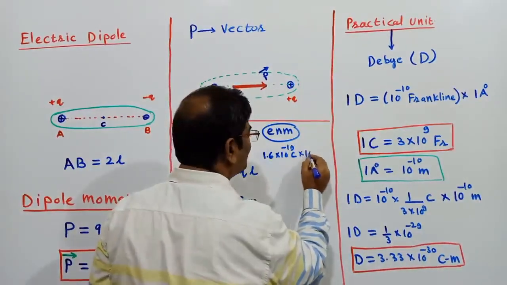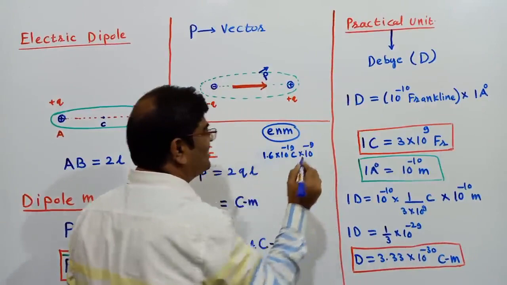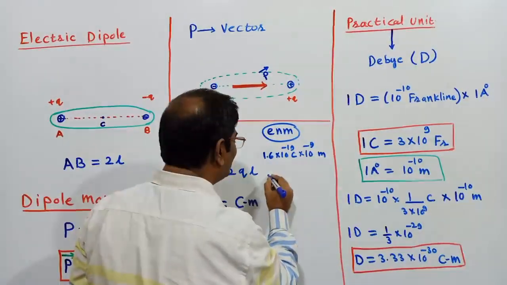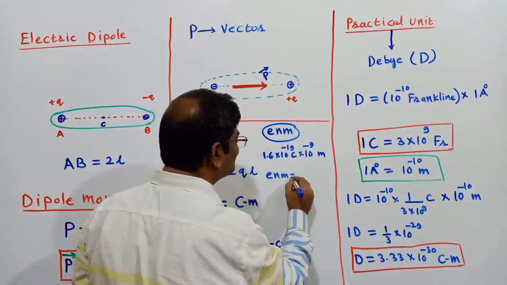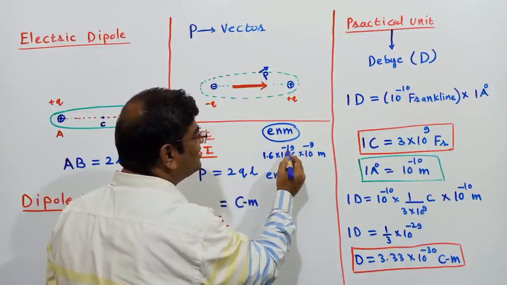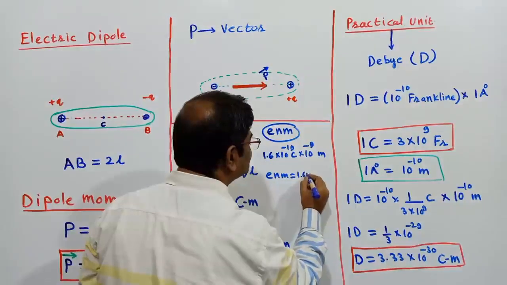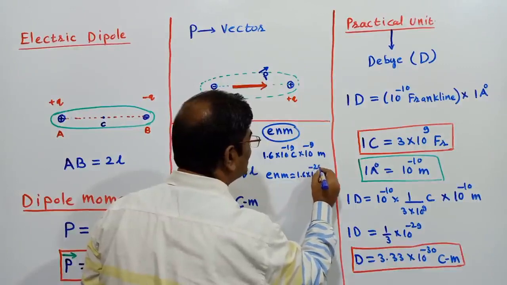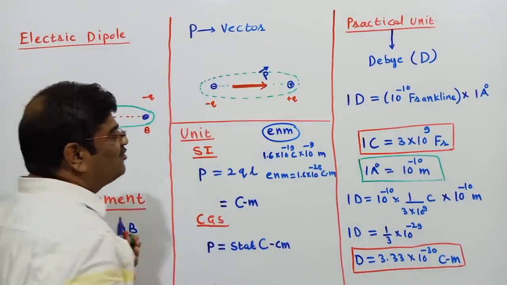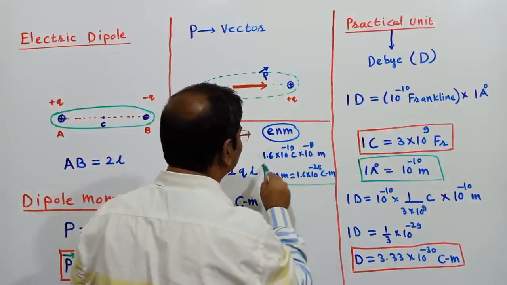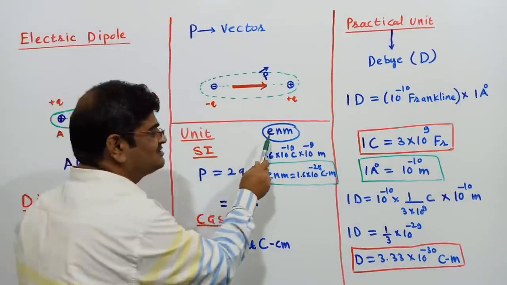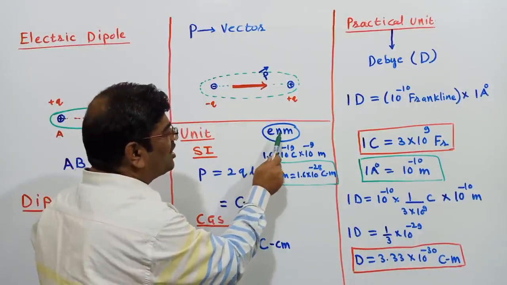Nano, everyone knows, is 10 to the power minus 9 meter, as it is I write. So 1 electron nanometer, when I am asked to write now, what do I write? It is 1.6 into 10 to the power minus 28 coulomb meter. And here I have got one more unit which I mentioned about. What is that? Electron nanometer. I am writing it short.